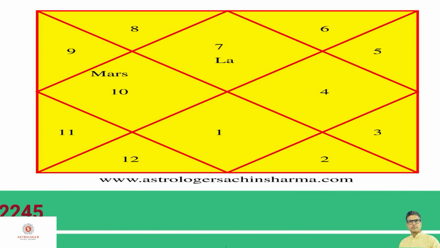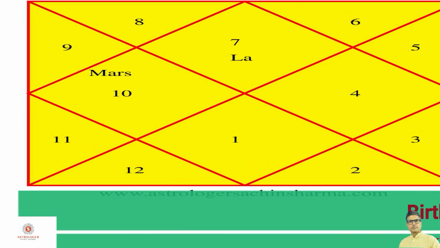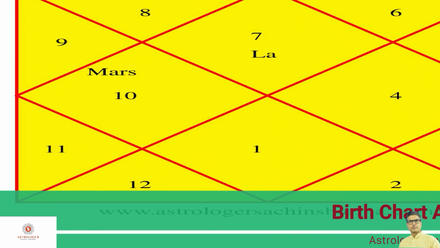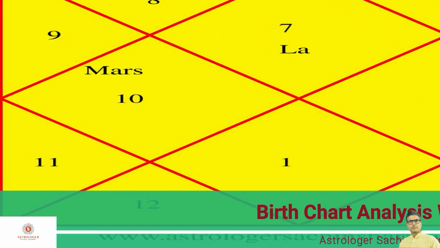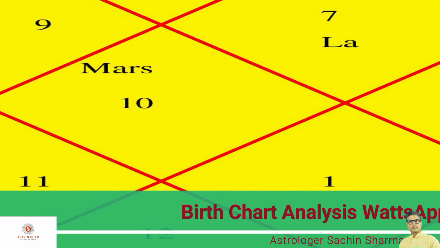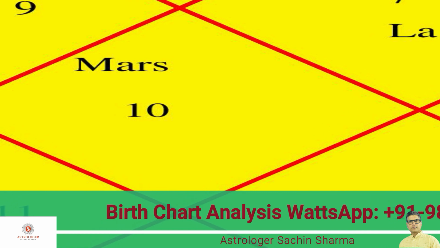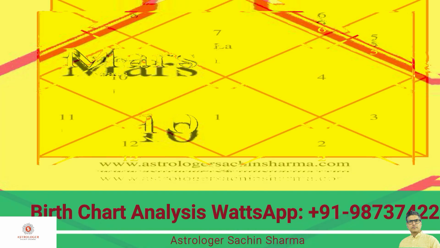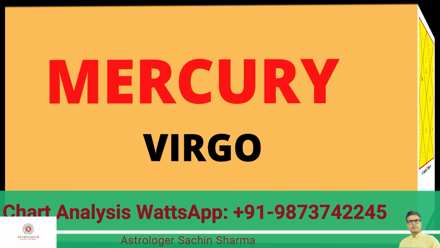Here we can see that Mars is placed in the 4th house where number 10 is written, and hence Mars will give its very positive results here. Such person will reach peak in its career during Mars Mahadasha, and if such person is in sports, then he will become world famous during Mars Mahadasha, it is for sure. So Mars in the house of Capricorn here will change the entire life, entire career of such person during Mars Mahadasha. Now let's move forward and discuss about Mercury.